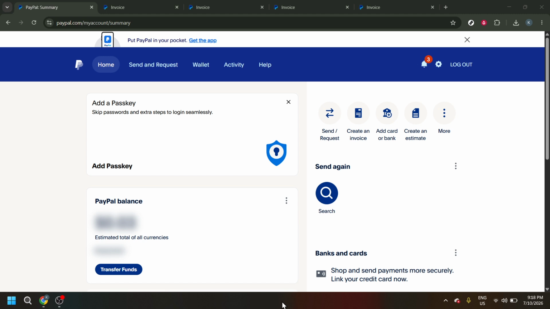To begin, log into your PayPal account and go to your main account area. From there, click on Create Invoice. Even though we're not creating a new invoice in this walkthrough, this is the path that leads us into PayPal's